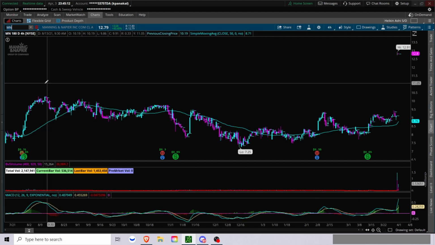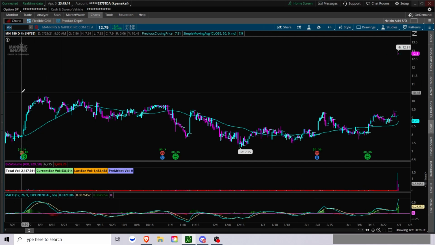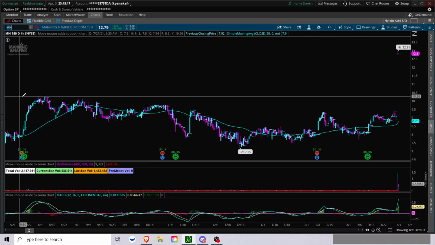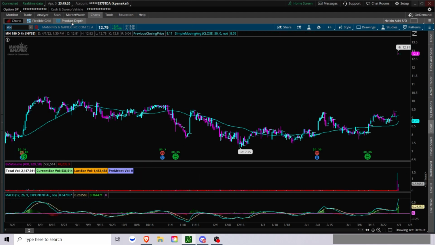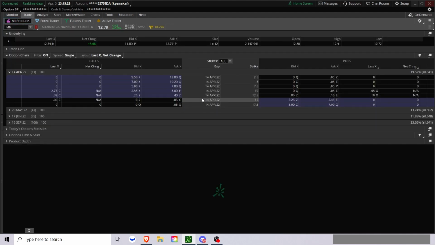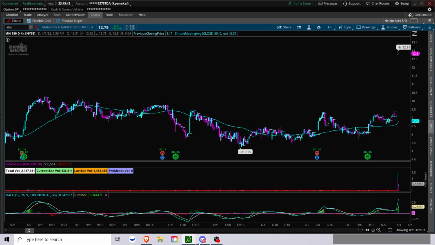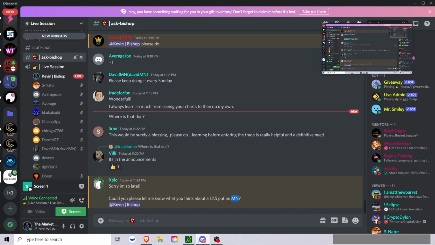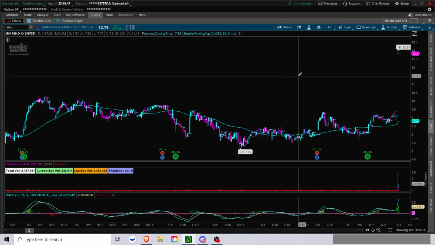Oh my gosh. Okay, you guys, one thing you never want to look at is penny stock options, because they're some of the riskiest things ever due to the lack of volume. Look at this. This put that's out of the money is $5, yet the $15 put is $225. That's insane. That's just not right. So honestly, I would stay away from it. But to answer your question, the 12.5 put,